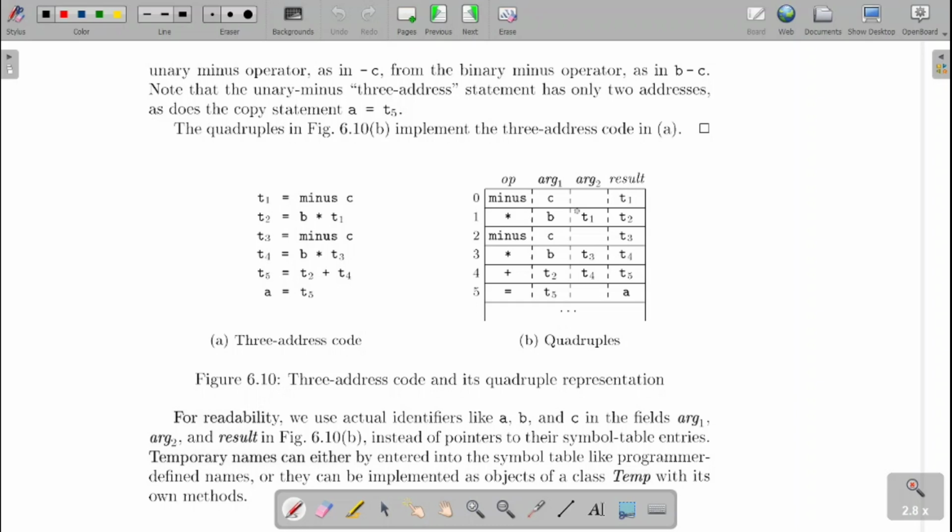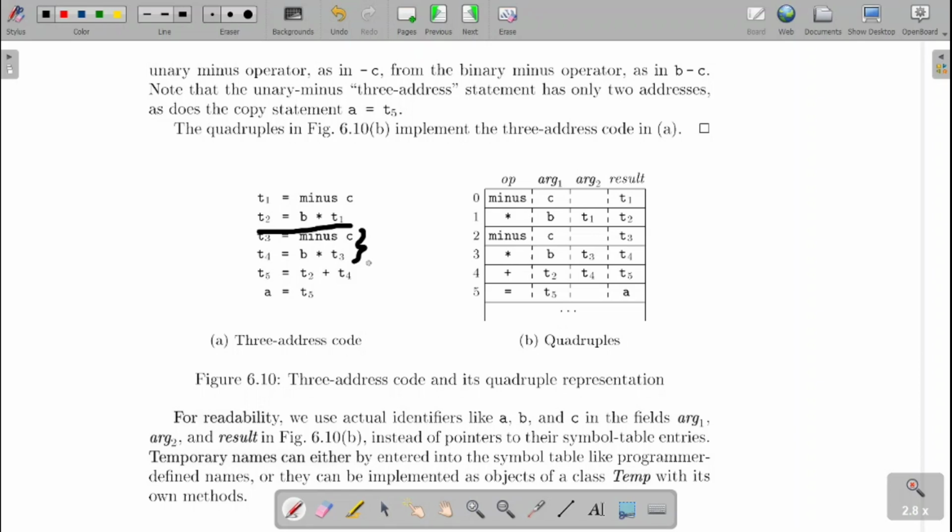And you may have a doubt in your mind, sir, this B star minus C is repeated over here. Why should I do it again? Fine. In the quadruple and triple representation, whereas in the directed acyclic graph, normally we go for eliminating the duplicates. If a direct question is for the three address code generation, no need to eliminate the common expression.